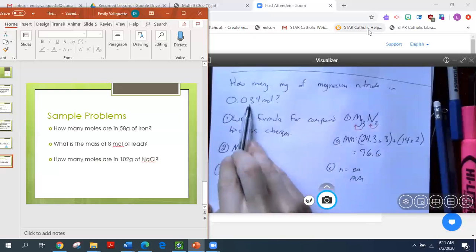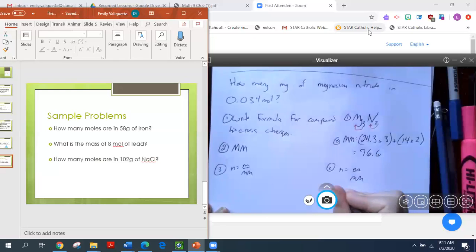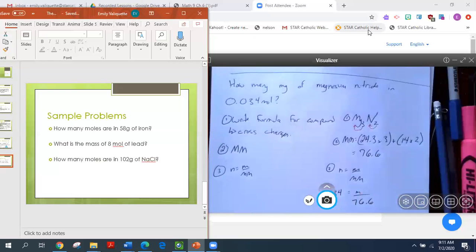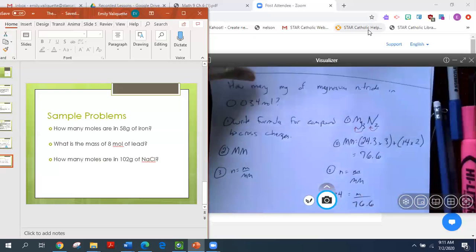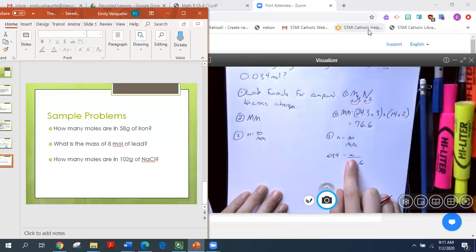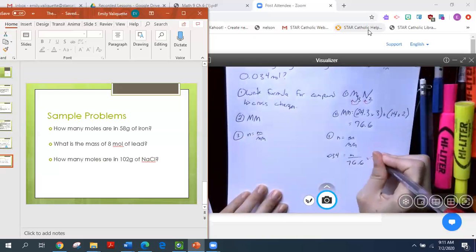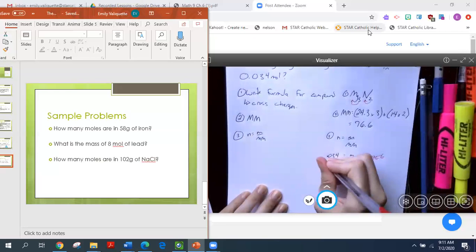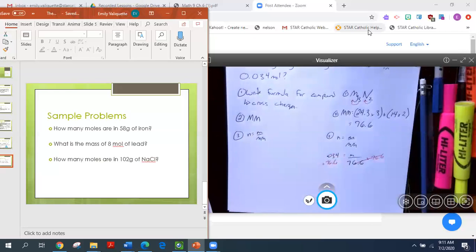I'm going to plug in my moles, so 0.034 is equal to my mass over 76.6. Of course, zoom out. In order to isolate the m, we have to multiply by whatever's on the bottom of the fraction and do the same to the other side. That gives us